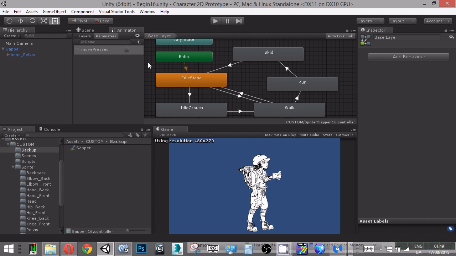We need to handle the walking speed or the running speed of the character. So that would change, right? Why would you have a walk and a run speed if they both went the same pace? So we're going to have to either account for it in code, or if possible account for it here. We actually are going to have to write a script, but it's going to be a short one that we can access throughout this